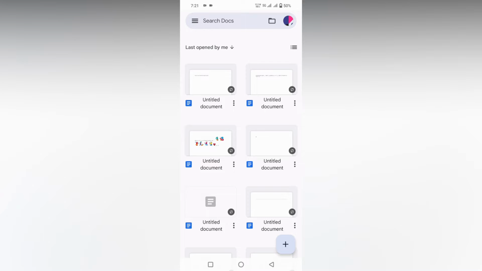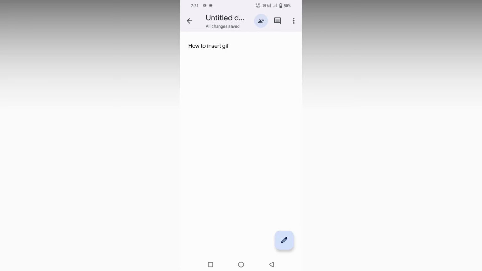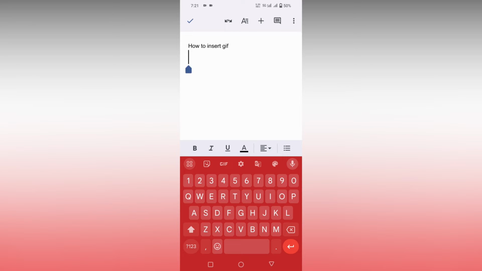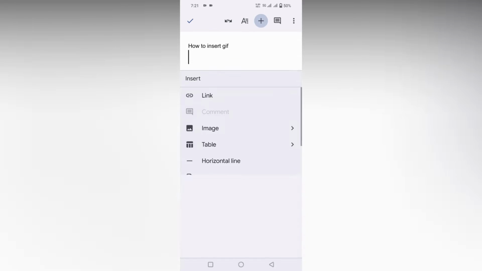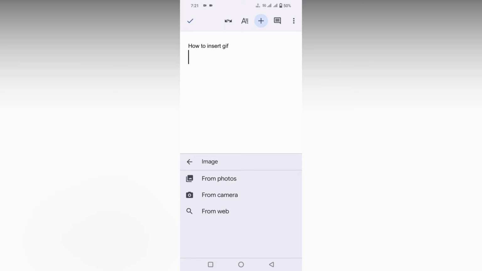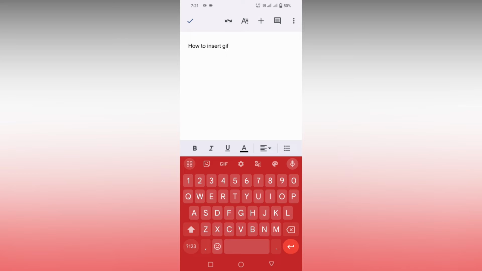So how to insert a GIF in Google Docs mobile, as it's going to show in this video. You just need to open any document first, and you don't have any direct option to insert a GIF. By clicking on the insert option, you will see the image option. If you download the GIF on your mobile phone, you can just use it, or you can search from the web also. Another way of inserting a GIF file is by using the Google keyboard on